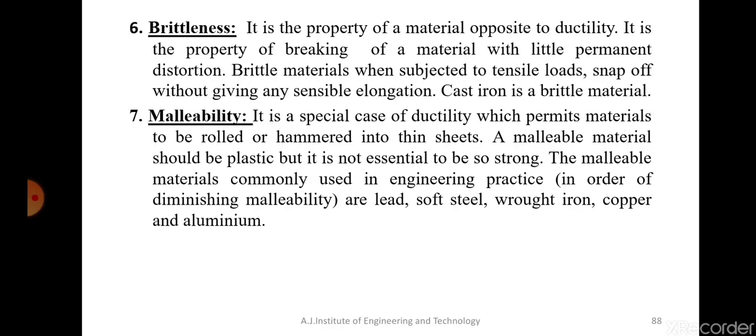As it's mentioned here, it's opposite to ductility. In ductility, if you try to stretch the material when you apply tensile forces, it will not break. Rather, it starts reducing in diameter and increasing in length without breaking, so that it can be made into very long rods, or becomes wires in the end, as you can stretch it further. That is the property of ductility. Brittleness means if you try to do the same with a brittle material, it will not elongate at all in the first place, rather it will cut immediately. That is called brittle.